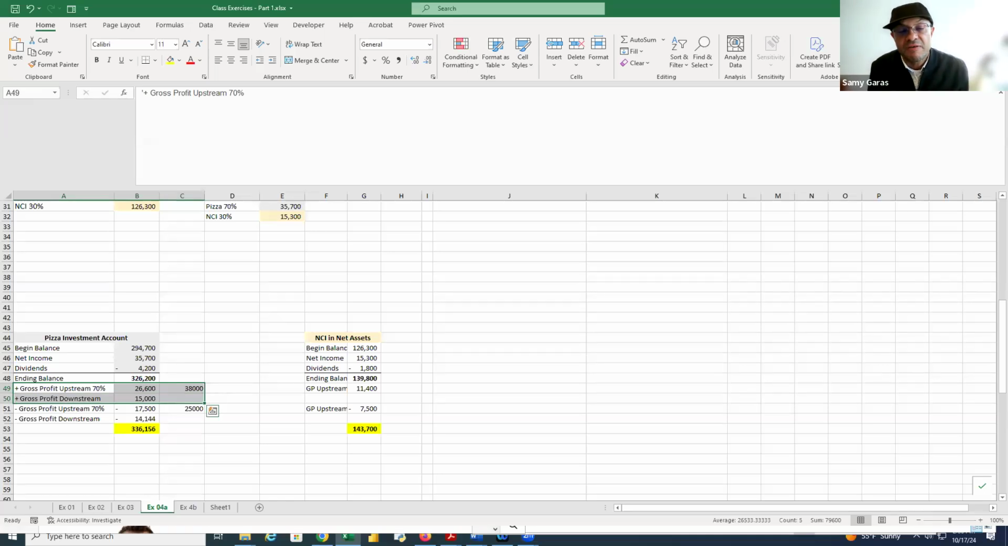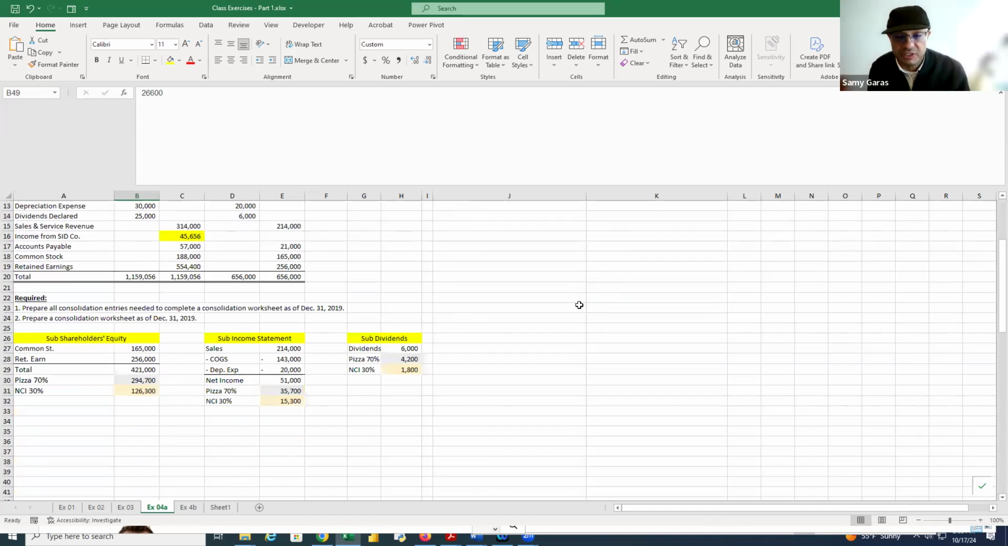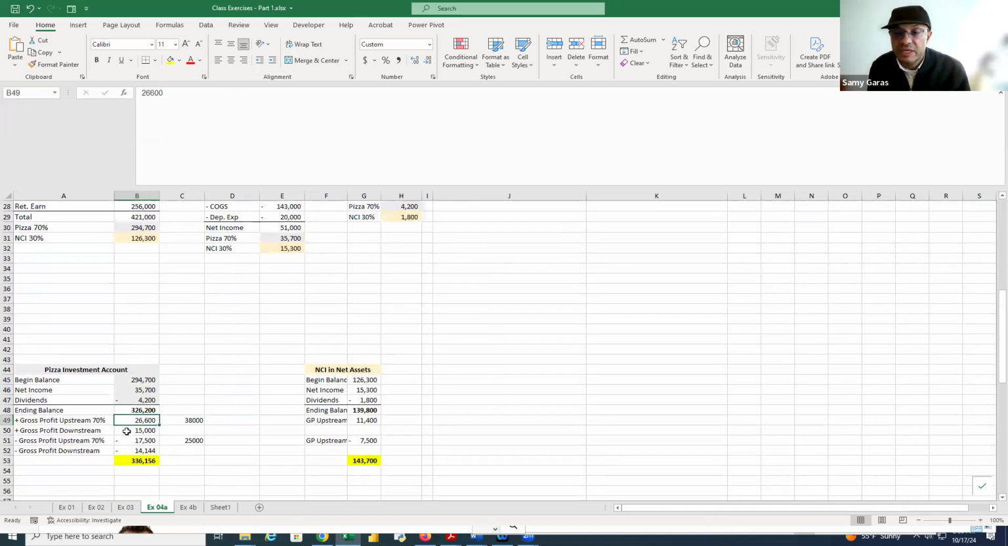2018. From the upstream, I will take 70%. From the downstream, I will take all of it for the parent. So we have here 26,600. If you remember the 38,000, we multiply it by 70%, and then we get 26,600. So here, 15,000 and 26,600, which is 70% from the